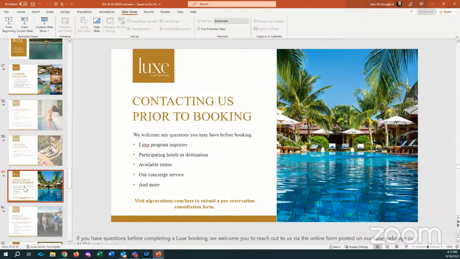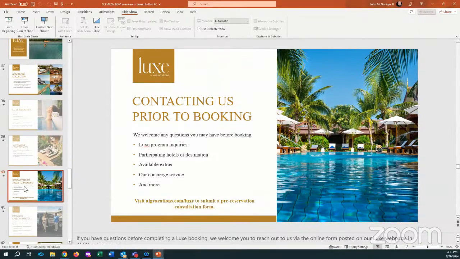Because typically what happens if you book a luxury hotel for your customer, then you have to end up calling the hotel for this, that, and the other thing. Oh, the guest would like a certain champagne in their room. Or can you secure them reservations at this Michelin star restaurant down the street from the hotel? You don't have to do that. This is where we'll do that for you.